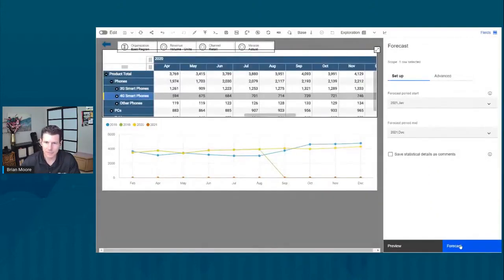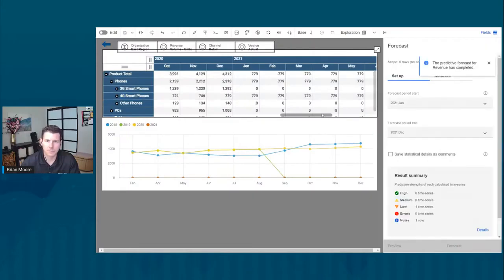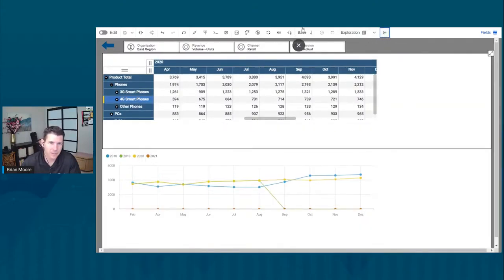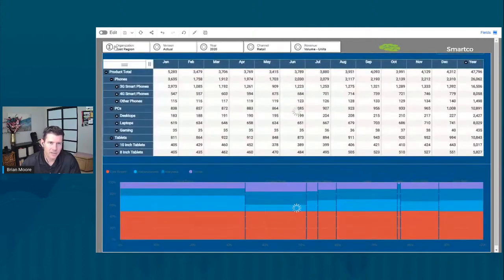If we liked the preview, we could commit, and then we'll see all the cells populated for 2021. So there's my 4G forecasts, flat 779, but hopefully better results with data that has better trends to it. Okay, so I just wanted to cover that predictive feature very quickly, and also the workflows, which is back from